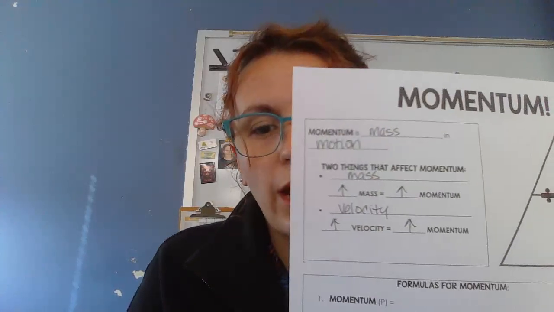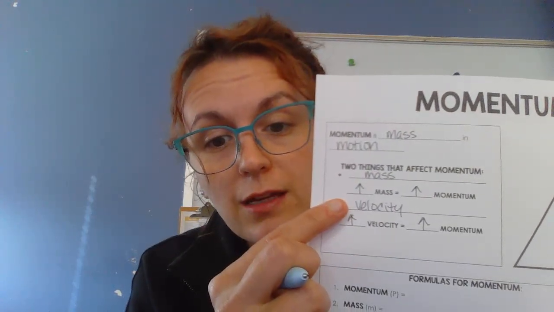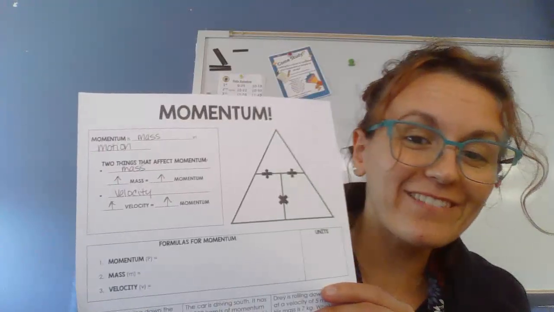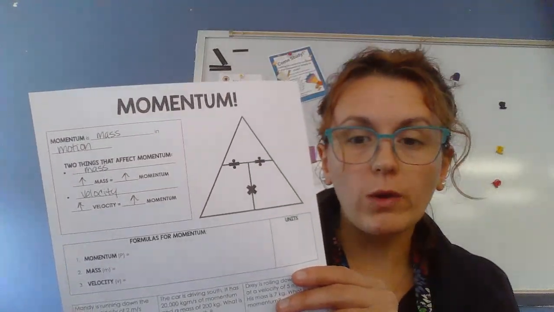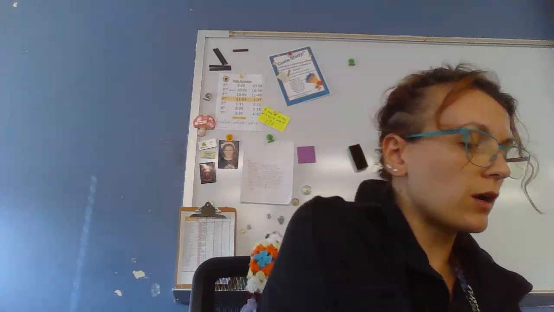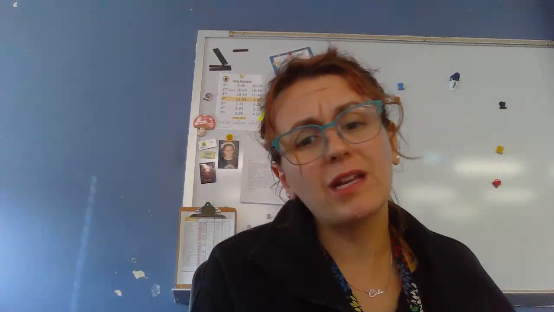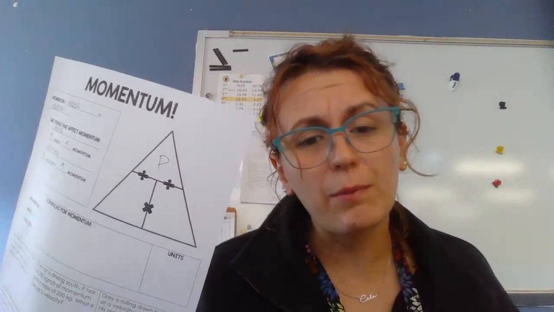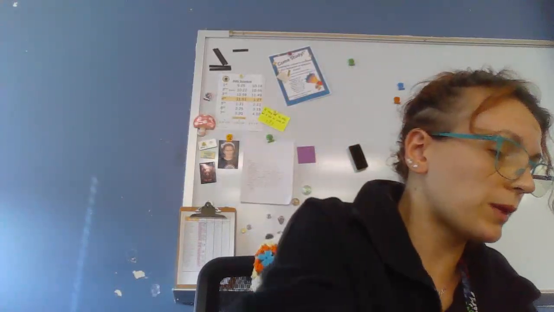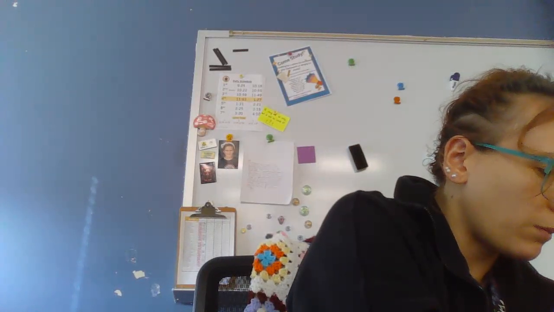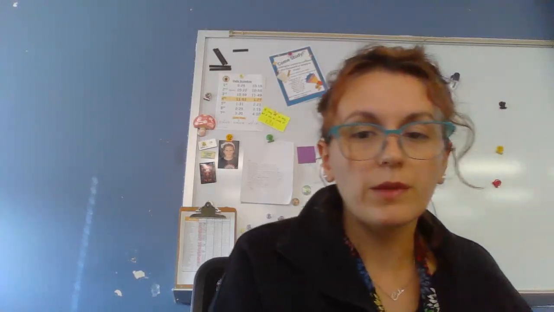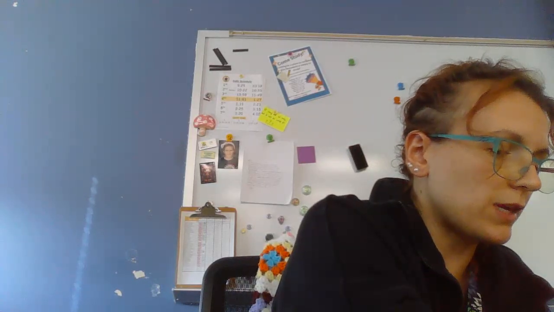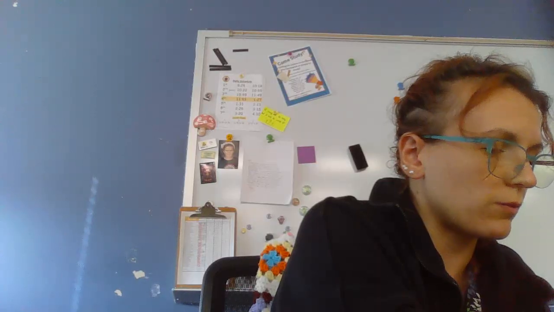So as you increase your velocity, you are going to increase your momentum. Again, this is what we have right now. You need to have filled in the velocity. As we increase our velocity, we are going to increase our momentum. And look at this, we have the triangle of success. What I need you to do for the triangle of success, what's on top is momentum. And guess what? It's not M. It's P, okay? I know, it's very weird. P represents momentum. So we're going to put P, and then we'll write momentum. And then we have our two variables, M for mass and V for velocity. So we'll write those in too.